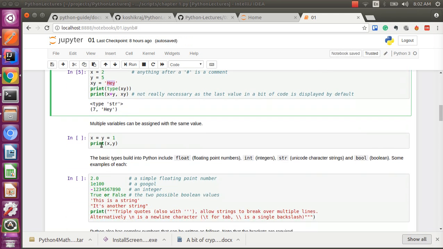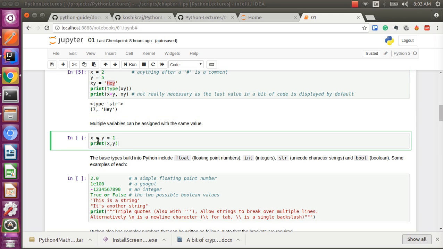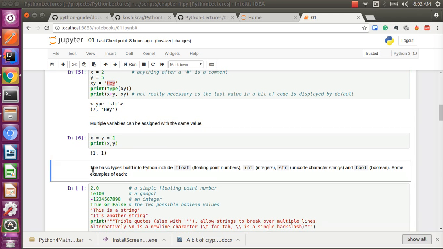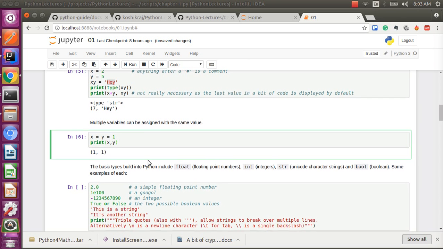Okay, similarly, assignments in Python can be done with a single statement. For multiple variable assignment, just write x equal to y equal to 1. This will assign 1 to both of them. As you can see, if you run this, you'll get 1 1. That would be the output. When you write x comma y, we'll come to this later, this will form a tuple. So if you want to check the type of this,